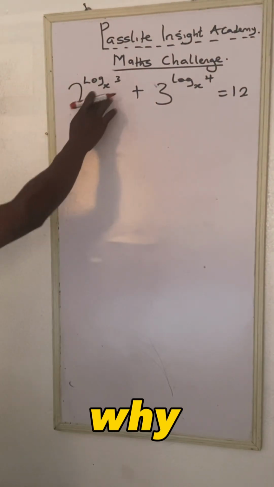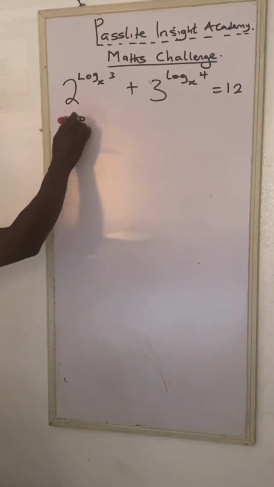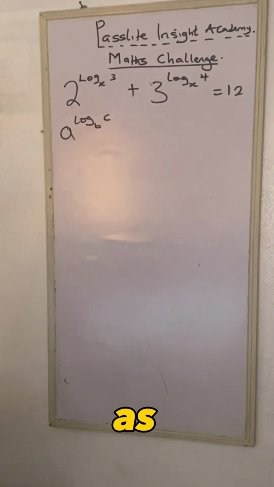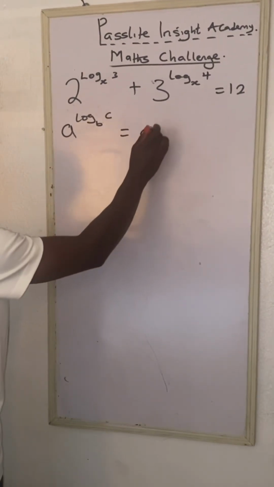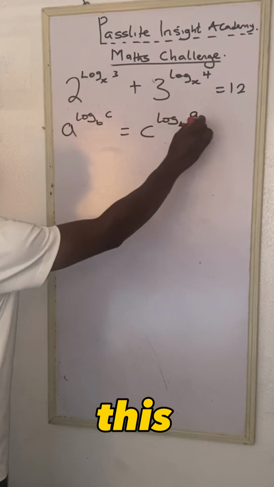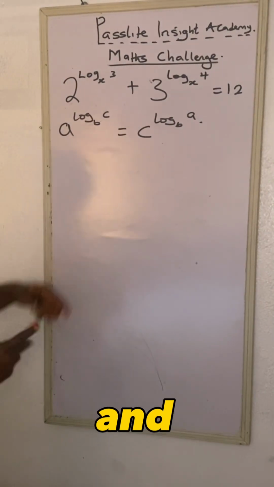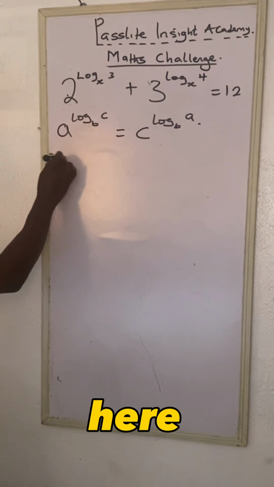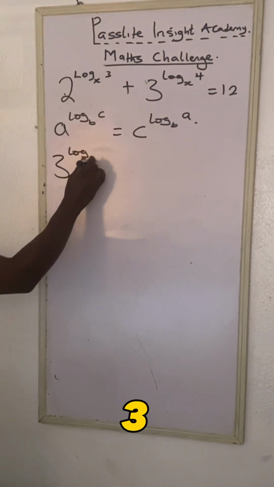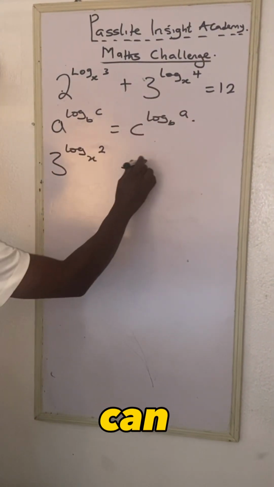The change is, when you have something like this, a log b c, as you can see on the board, it is the same thing as c log b a. This and this can be changed. So let's solve and see. The same thing here: 3 log, change this 3 here, base 2 plus this, you can still leave that way,